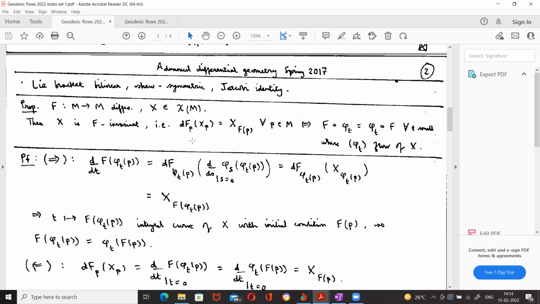Okay. So recall that if f is a diffeomorphism, then df at P is an isomorphism between the tangent spaces at P and at f of P. So we say that x is f invariant if df maps the tangent vector of x at P to the tangent vector of x at f of P. Okay. So to give you an example of an f invariant vector field,